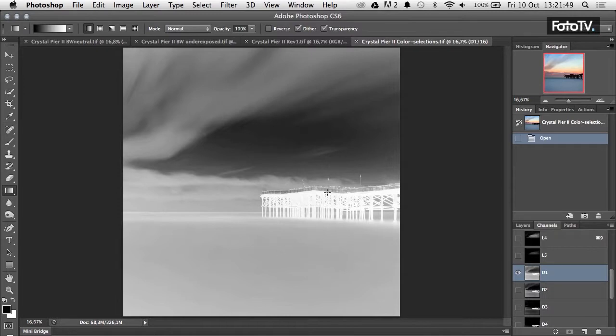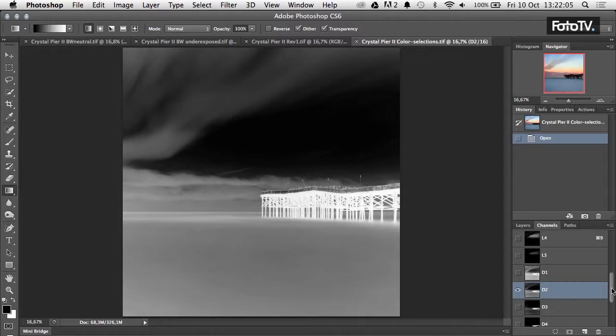But at the same time, the pier itself is completely white, meaning that it's going to be impacted by any change that I apply in my active layer. So this is not the ideal situation or the ideal luminosity mask. But